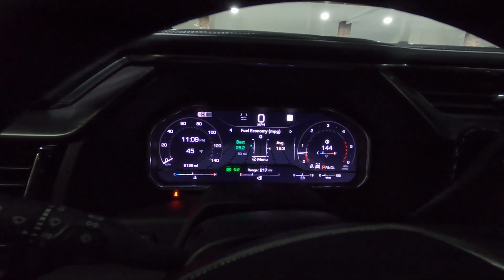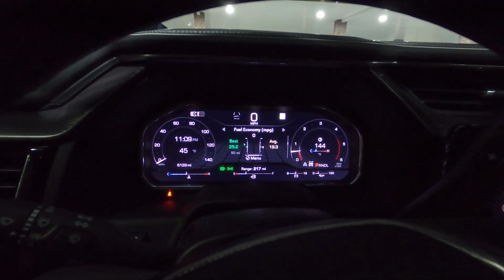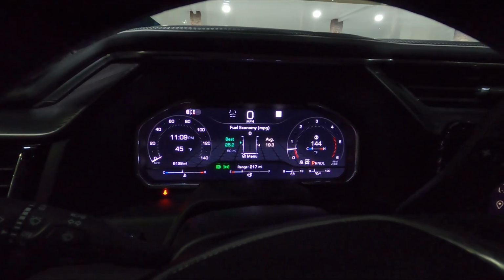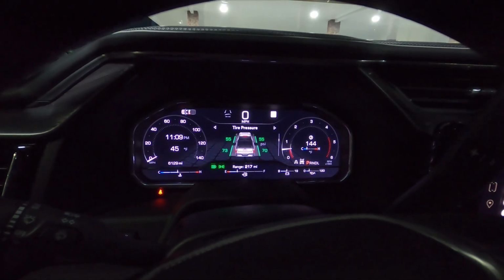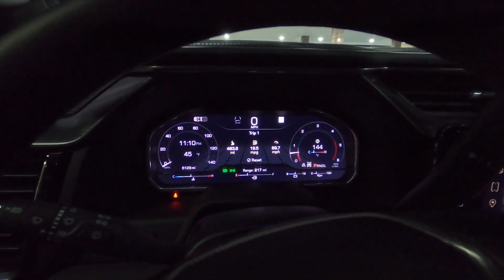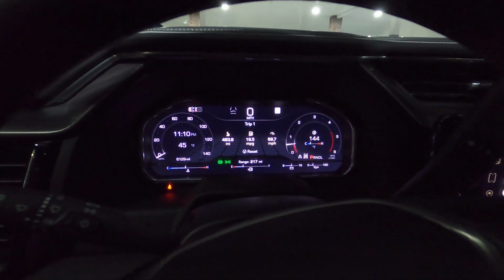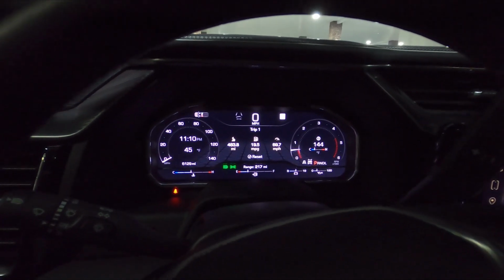I think we can go down and see. Yeah, so my best is 25.2 and the average is 19.3 overall lifetime of the truck. I've never reset that. So let's go back up. So this is our tank of fuel. Trip 1 was the fresh tank of fuel, so we're gonna go ahead and fill it up now. I still have 217 mile range,